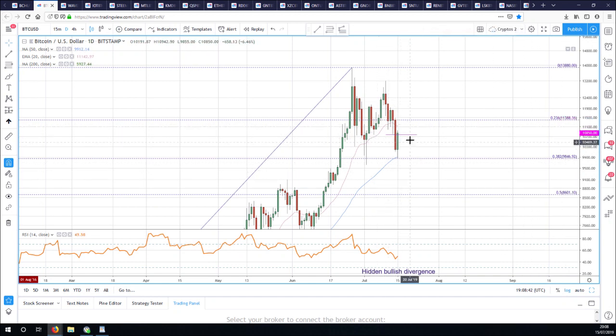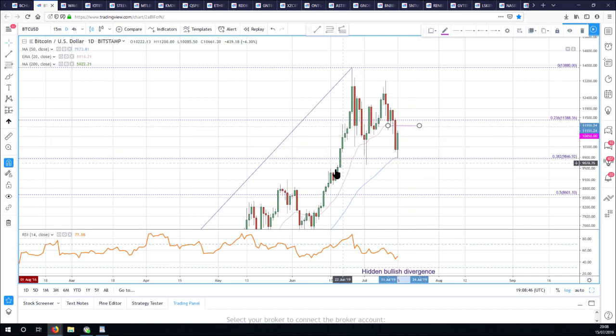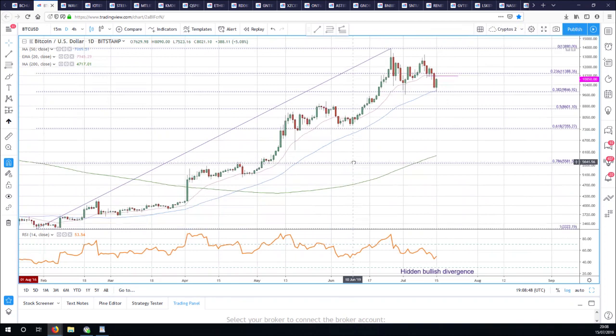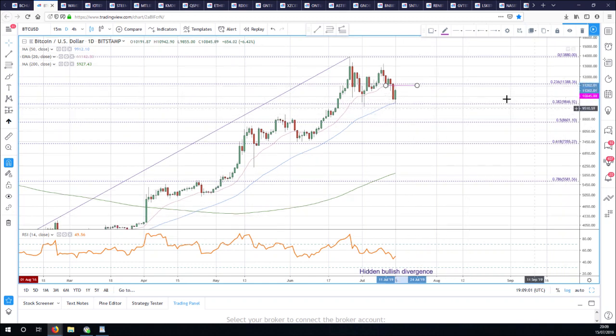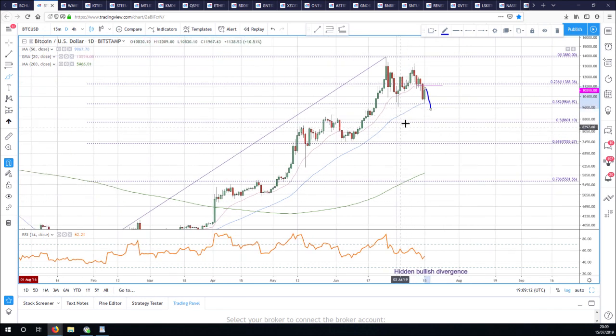But above that, we've also got this 20 moving average. Given the way it behaved all the way up and how it was support, I'm going to say that's more important. If we are going to just turn around and carry on lower, that 20 moving average and this 11,000 level is more likely to be resistance for Bitcoin if this is just a bounce and we do another swing lower, maybe make a big ABC correction.